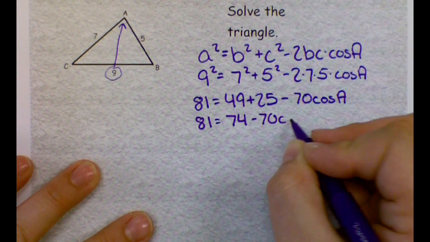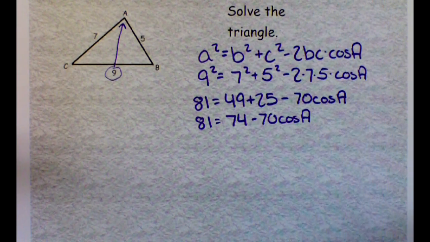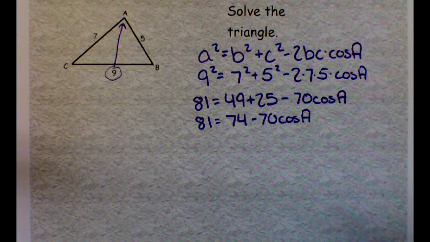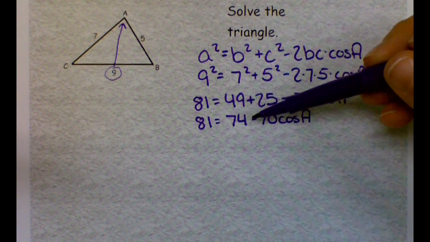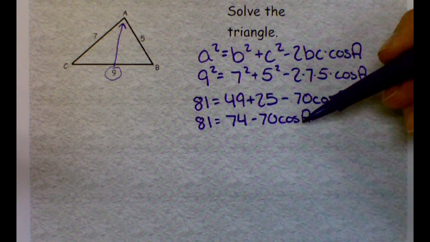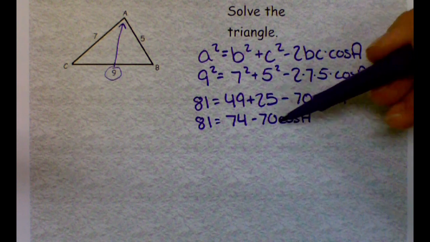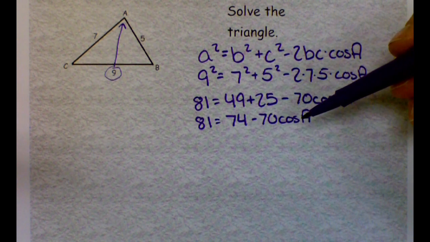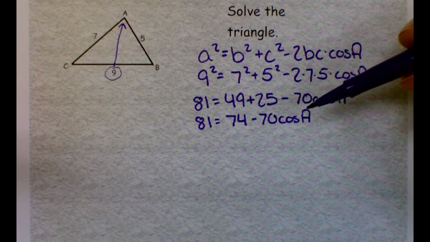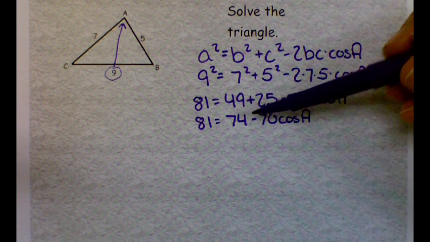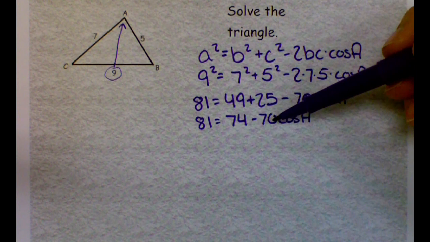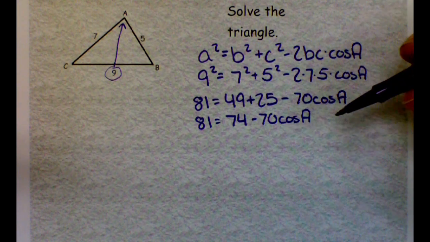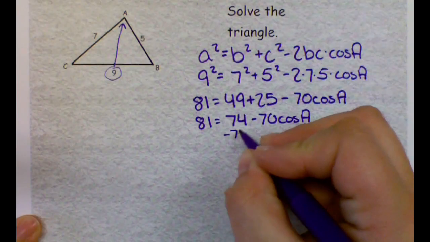74 minus 70 cosine of A. Please, please, please never try to subtract that. 74 minus 70 times the cosine of A. We don't know what 70 times the cosine of A is because we don't know what the cosine of A is yet. So I can't combine these two. It's like taking 3 minus 4x. Can't do that. We have to subtract the 74 over,